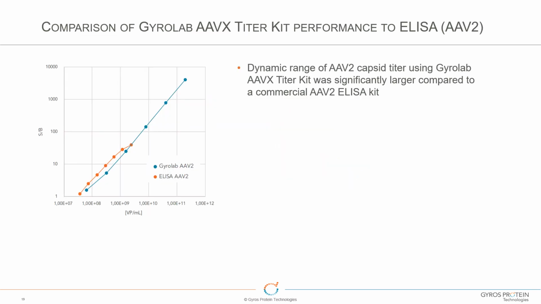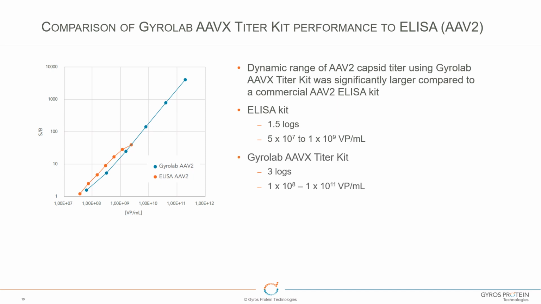So when we look at the AAVX kit performance compared to ELISA, you can see that the dynamic range for the Gyrolab method is much larger, over 3 logs. And you can see the ELISA is only about 1.5 logs. The sensitivity is very similar between the Gyrolab and the ELISA method, but what we've seen from customers is that